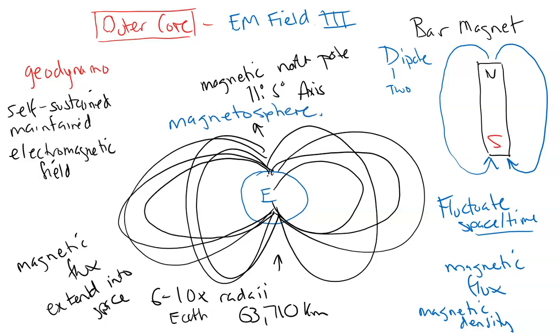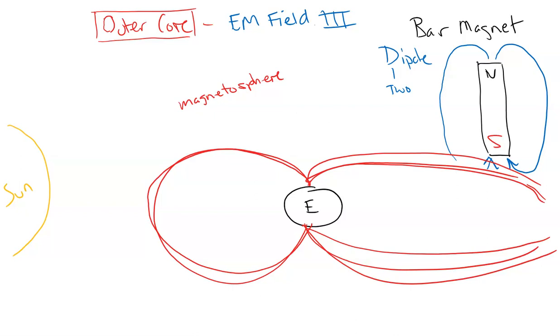Now, technically, this is part of the thermosphere, along with other layers as well, like the ionosphere. And this pretty much is constructed by the outer core. It is the invisible force field or electromagnetic fence, so to speak, around the Earth that goes into space, and it has a very cool interaction with our sun. So you take this image of the sun, obviously it's not to scale, but the sun to the